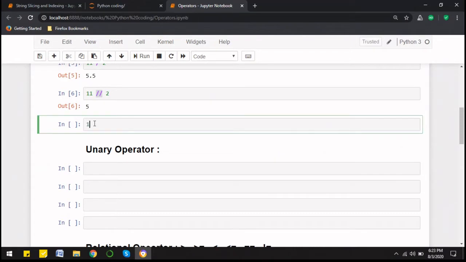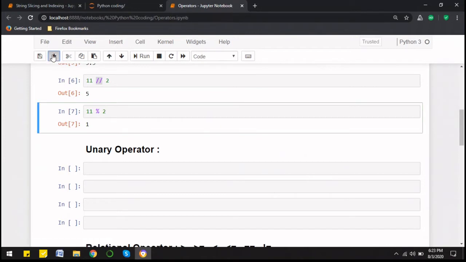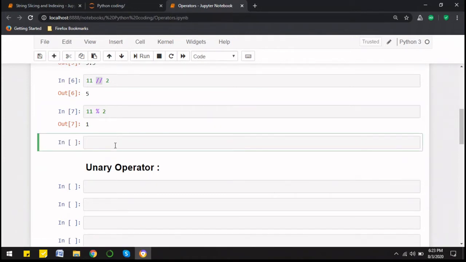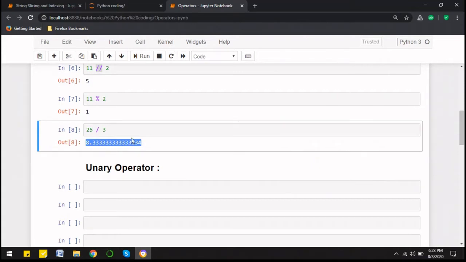And then if I apply the modulus operator here, then we can see that it is going to give us the remainder, that is 1. Let's also understand this with another example. Let's say 25 divided by 3. So division of 25 and 3 is giving us complete division, right?